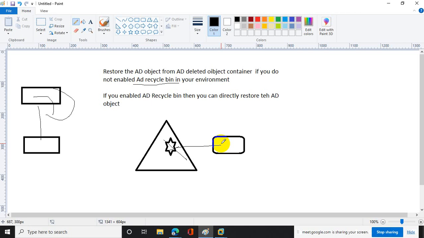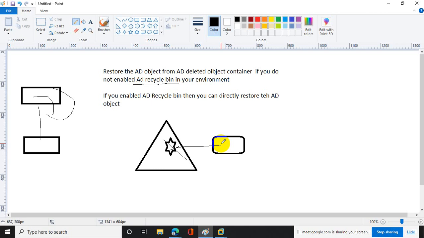Why? Because actually you have to go through the Active Directory partitions and a couple of LDAP bindings, and through LDAP commands you have to restore the user. This is a very critical activity. If anything is wrong in the instructions, you cannot even find that user, nor restore it back. Got it? This is a very old method, and it is very critical and complex.